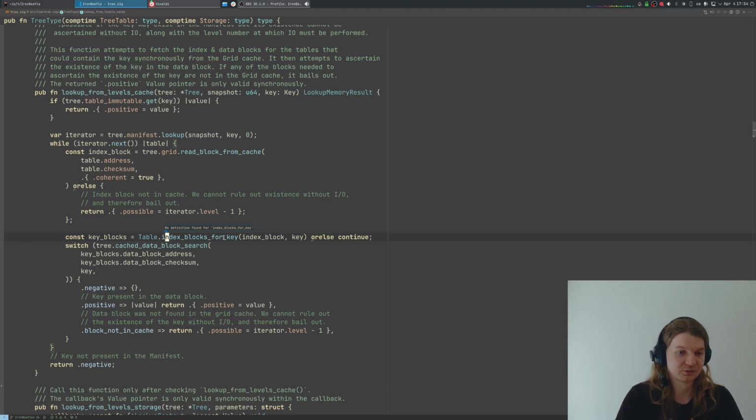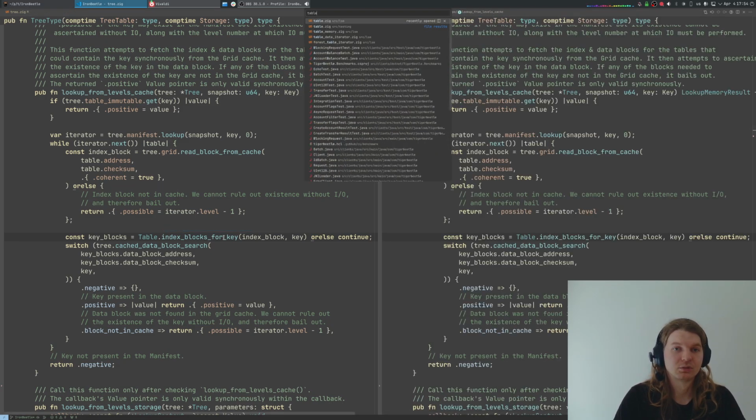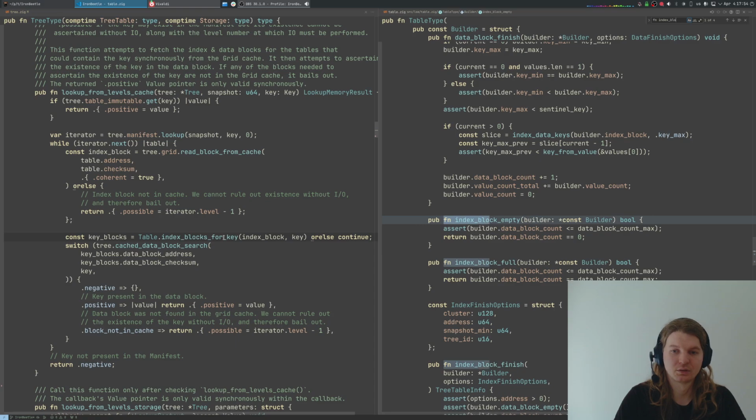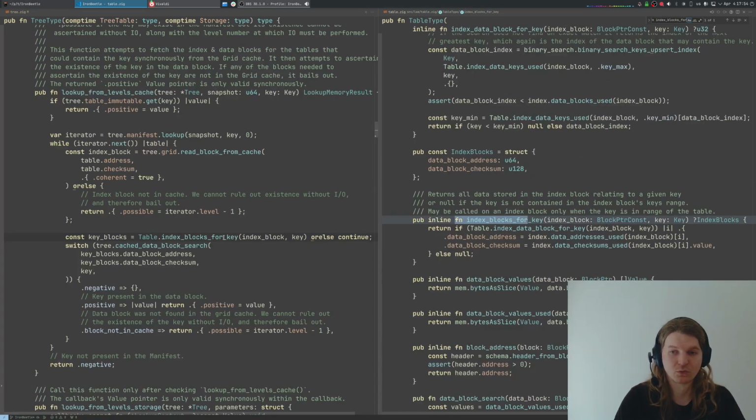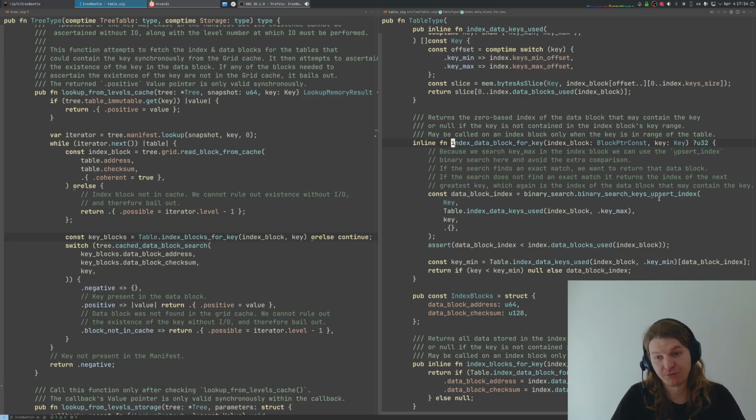And again, internally, table index block for key. Internally, this is again going to be just a binary search, because everything is binary search in the storage layer. Okay, so